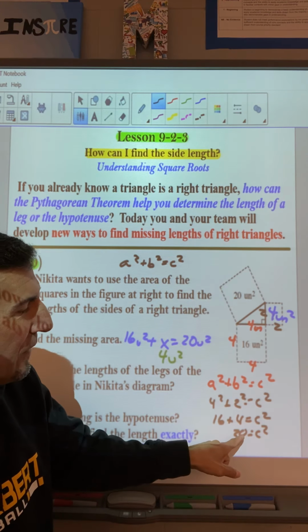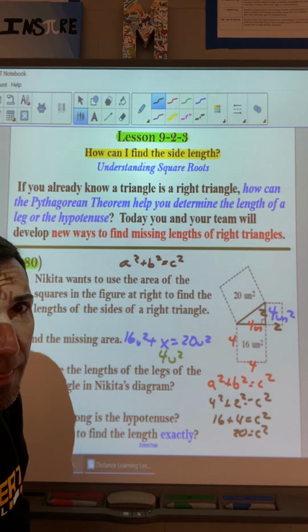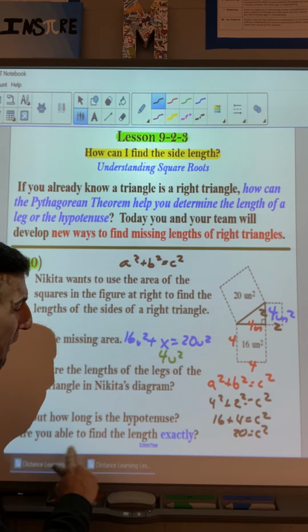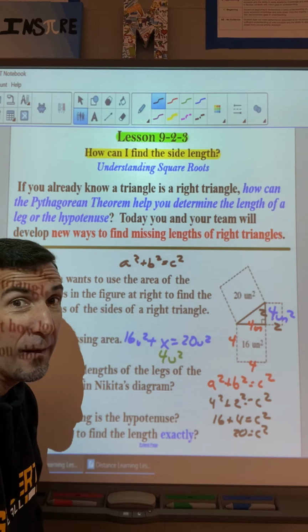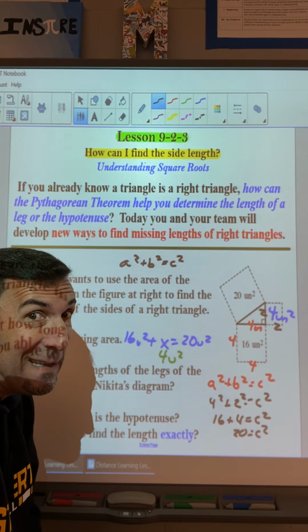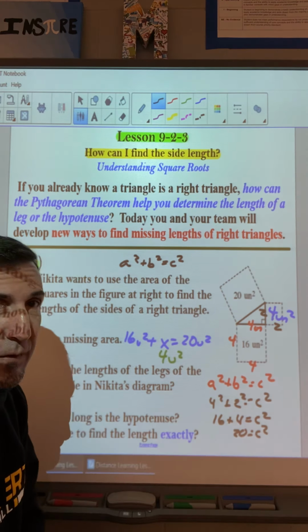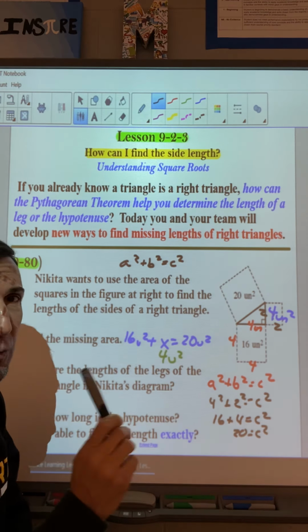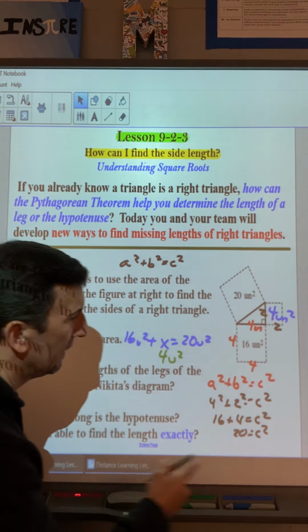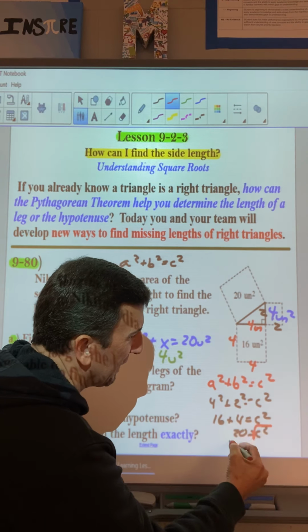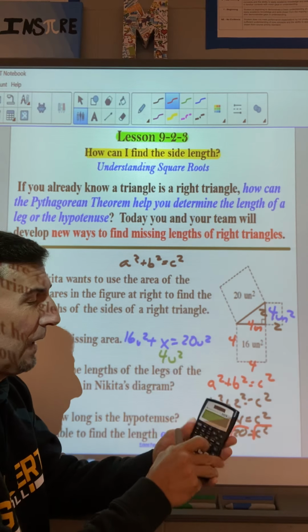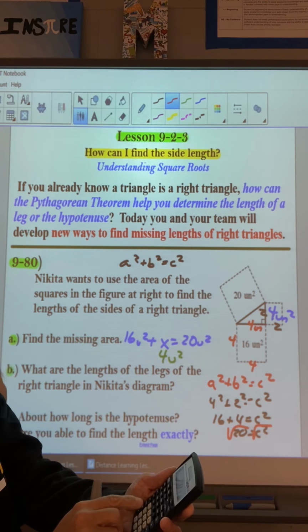The question is, is that a perfect square? And you should have said no to yourself. So can we find the length exactly? At this point, I might say maybe. Okay, so we're going to have to start using our detective skills to try to figure that out. And if you learned from the last unit, you should have known that I'm going to just take the square root of that. So most of you should be proficient enough if you grab your calculator, turn it on,